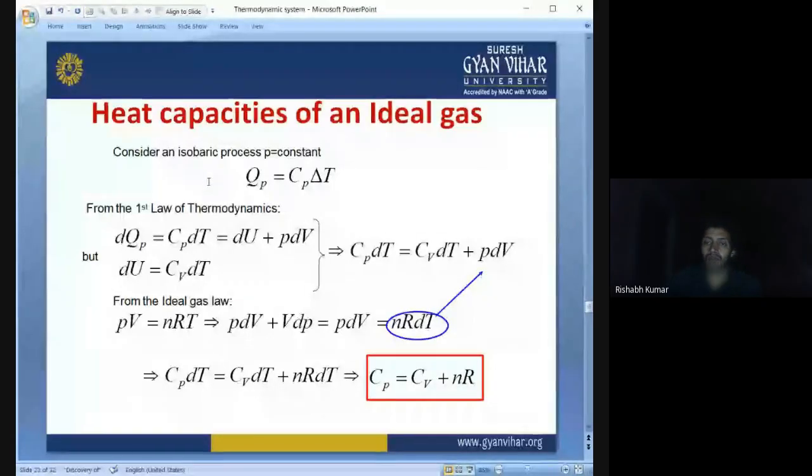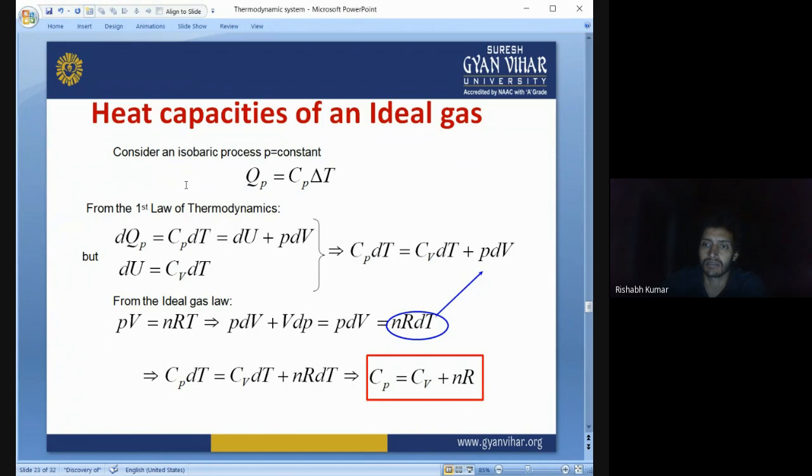There is a relation. We have done this. We have done the isochoric process, the isobaric process, and the isothermal process. Right now, the relation between the different heat capacities is this. So consider an isobaric process. Isobaric process means delta P is going to be 0, and we know from the specific heat lecture